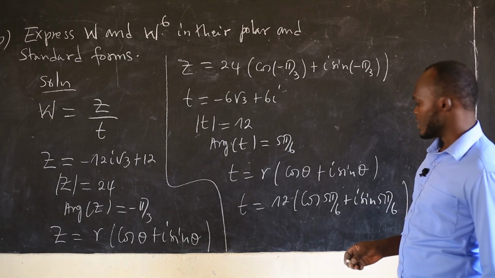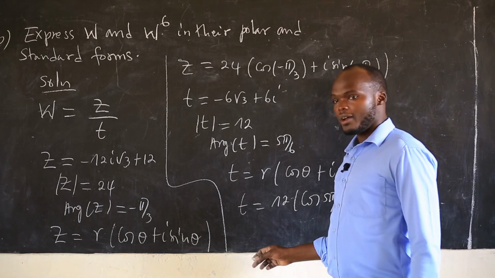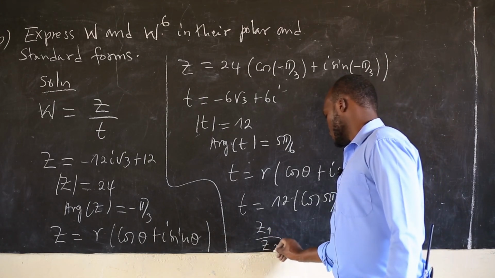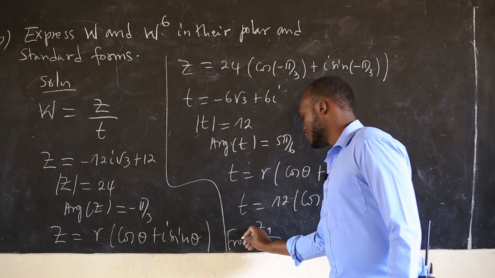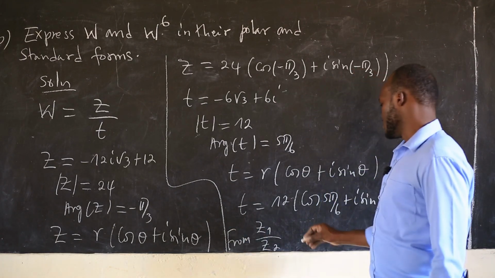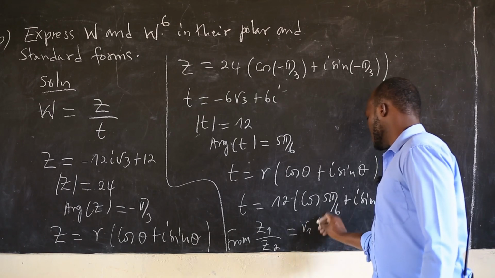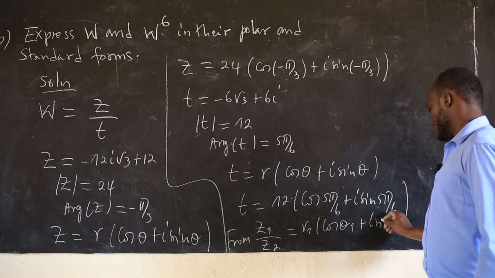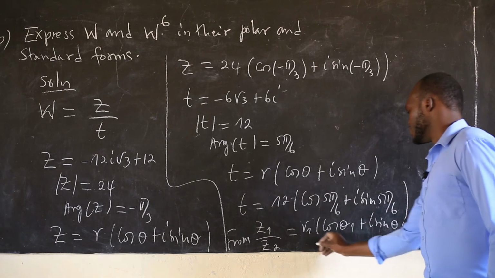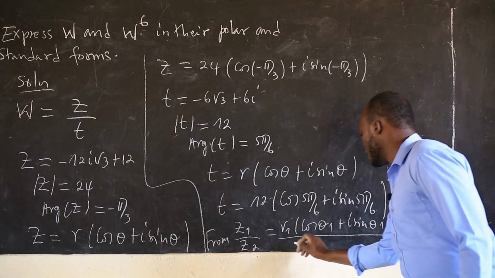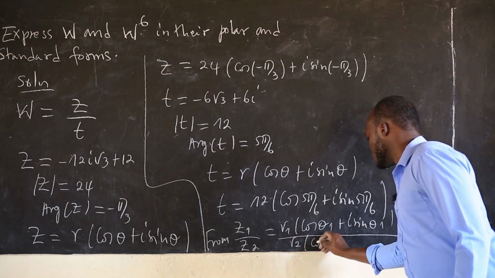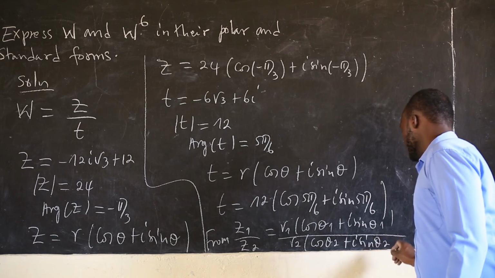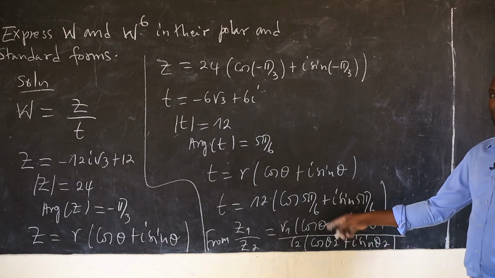Then finally, what is w? Remember, when you have z1 over z2, which is r1 into bracket cos angle 1 plus I sine angle 1 divided by r2 into bracket cos angle 2 plus I sine angle 2. Remember, when you have a quotient like that,